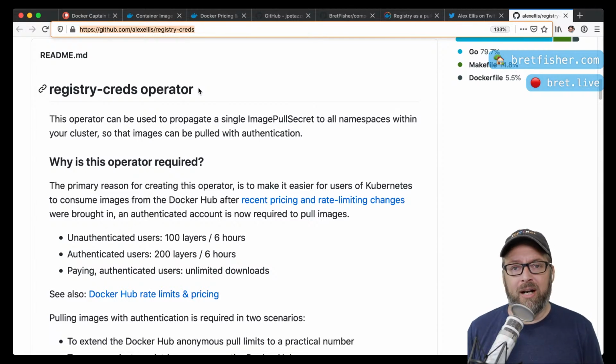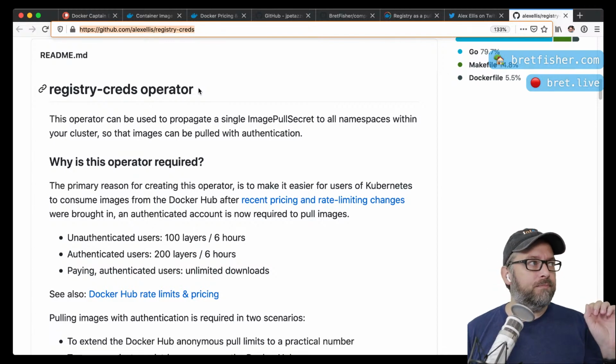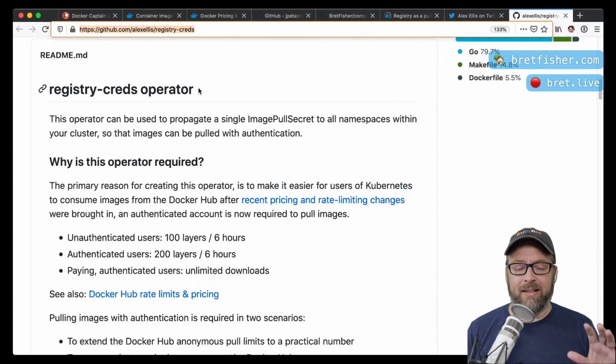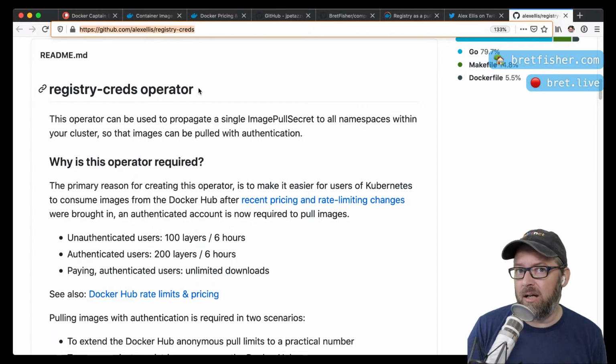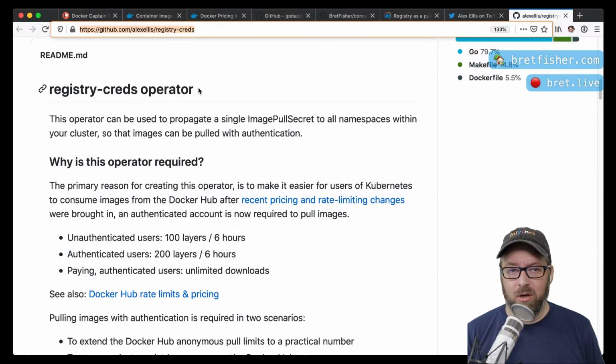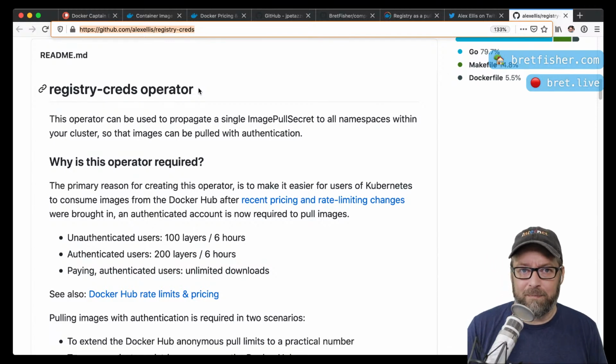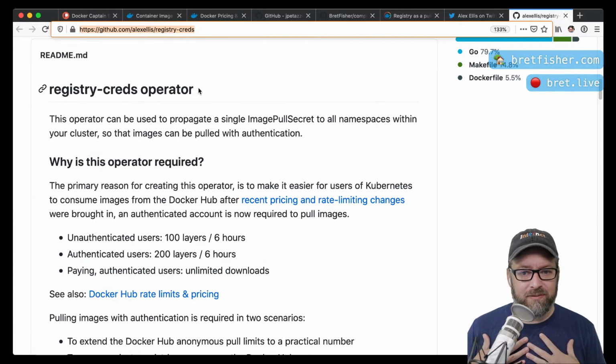So we're all in some way going to have to deal with this, I think. There are some companies like Microsoft or Oracle or Red Hat that have their own images on their own registry that's not Docker Hub. So those images will be elsewhere. But for so many of us, we're still going to have something in Docker Hub. It may not even be our images. It may just be official.